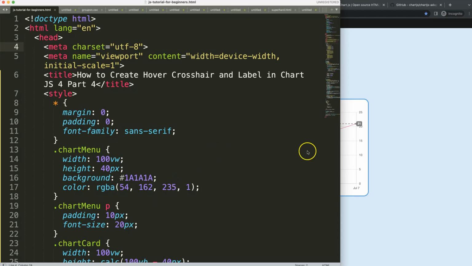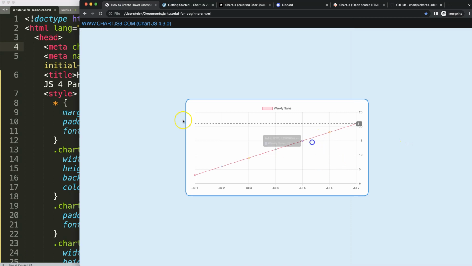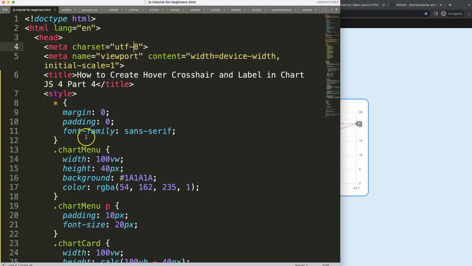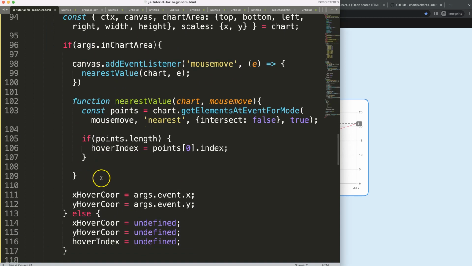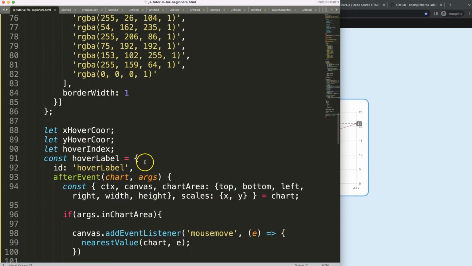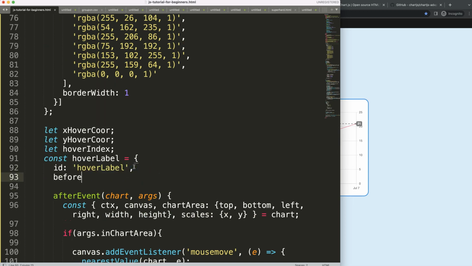So this is part 4 of creating the hover, crosshair, and label. So far we have this, but we also had the tracking of the movements here. So now we have this, we can start to work on creating or drawing our item. So what I'm going to do here is create a before